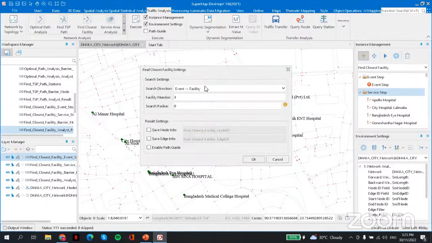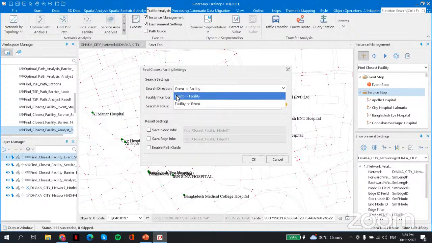In this search setting under search direction, it has event to facility or facility to event, where either you want from your event, like a building under fire, to the hospital, or you want from the hospital, like the ambulance taking the patient from the building. If from the hospital to the building, you need to click this facility to event.